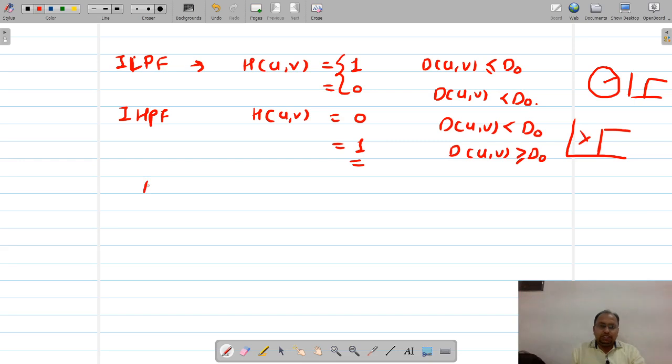Okay, now what is D of (u,v)? We had a discussion about distance calculations in some earlier lecture, I think in the first chapter itself, about the relation between pixels and calculating the distance between two pixels. City block distance, then Manhattan distance, then we had the calculation of Euclidean distance. So over here we are going to calculate the Euclidean distance actually. Remember how we calculate that distance. Distance is calculated by the formula